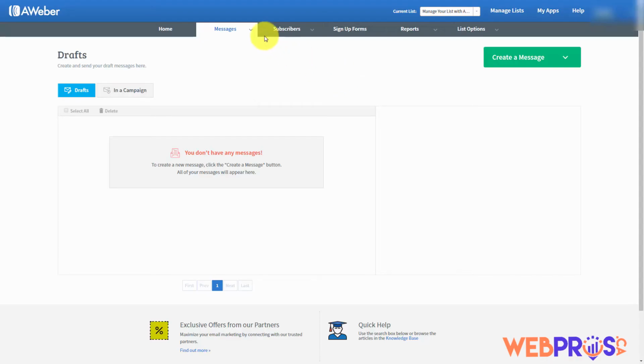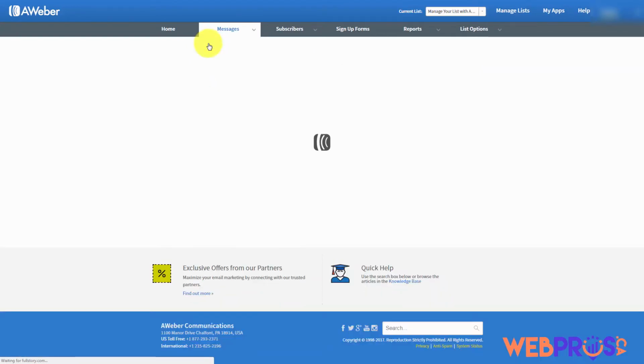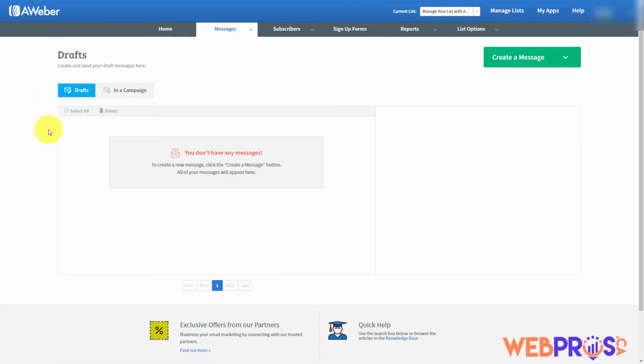Welcome back. We're now going to go to the Messages tab, and we're going to go to the first tab, which is called Drafts. When we go to the Drafts tab, what you're going to notice is that you have a page where you can create a message and you can create a draft. Now, this screen will have all of the emails that you create inside of AWeber that have not been saved, added to broadcast, or added to follow-ups. So because AWeber auto-saves your email, you will be able to keep track of all of the emails that you are writing, and you'll be able to have